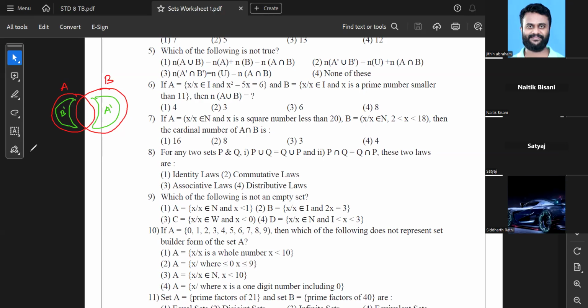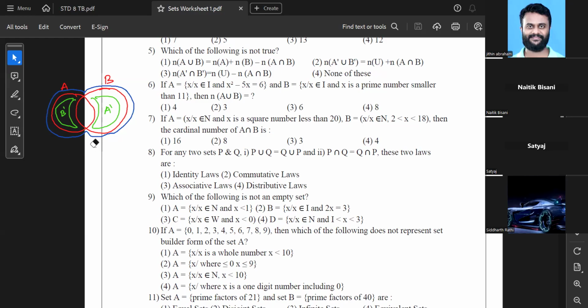Now, what is A union B? If you think about it, A union B is basically this, the addition of A and B. Correct, not addition. It consists of what? What is inside A union B? Inside it there is A complement, B complement, and this intersection. Now let me consider. Wait, just a minute. Sorry. This is not only A union B. This is also equal to